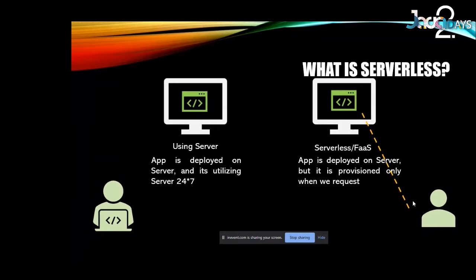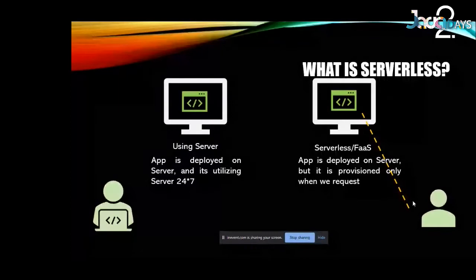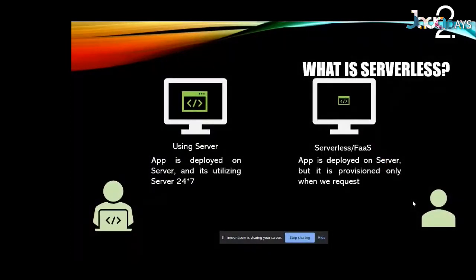Yeah. And it completely depends on how fast you are able to respond to that query. So let's say the request came and within 2 milliseconds you responded to that query, which means within 2 milliseconds you gave the output. So you are just using the server for 2 milliseconds and then again it's gone. So overall you just need to pay for those 2 milliseconds. Yeah. So that will keep on happening. Whenever the request will come, it will start using. Whenever it will go, it will just release all these.